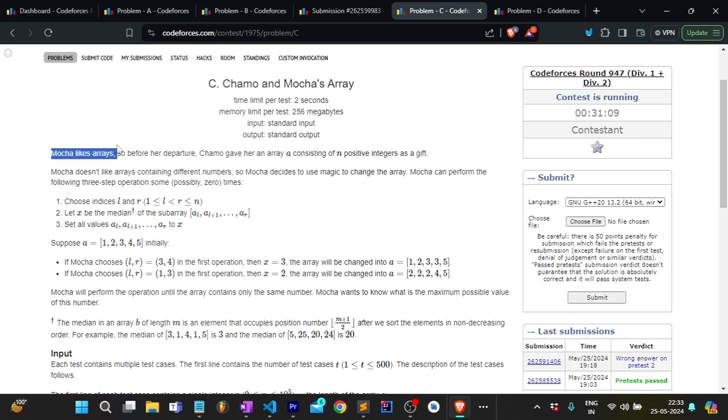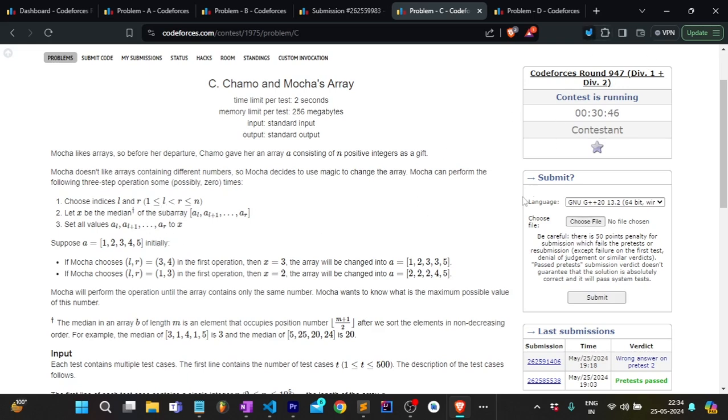Mocha likes arrays. So before her departure, Chamo gave her an array A consisting of n integers as a gift. Mocha doesn't like arrays containing different numbers, so Mocha decided to use a magic change in the array. Mocha can perform the following 3 steps of operation, possibly 0 number of times. So what the problem statement is saying is,